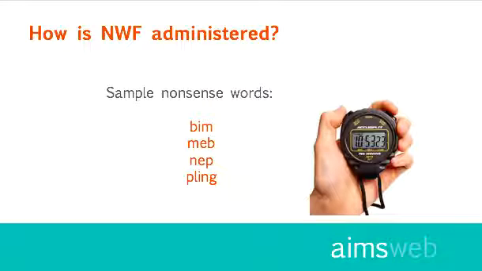To administer the test, no special training is needed. Any school personnel can administer the test. To ensure its doability, students have 1 minute to read consonant, vowel, consonant, pseudo words. They can either say the sounds of the nonsense words or they can read the full word to score points. Here are some sample words: bim, meb, nep, pling. The student could either say b-i-m, or they could say the pseudo word bim, and in both cases they would